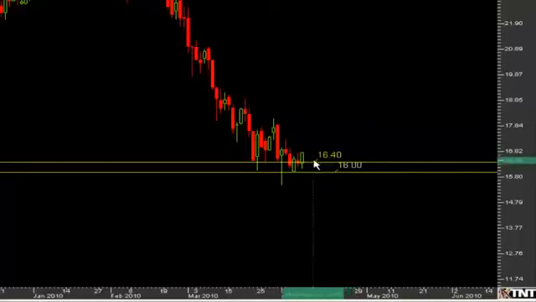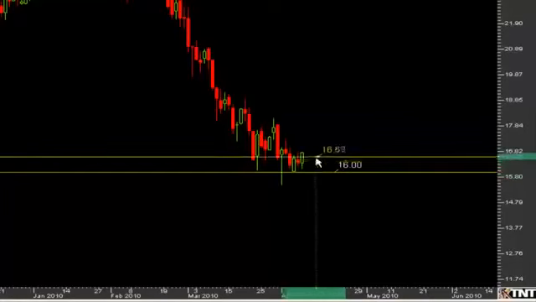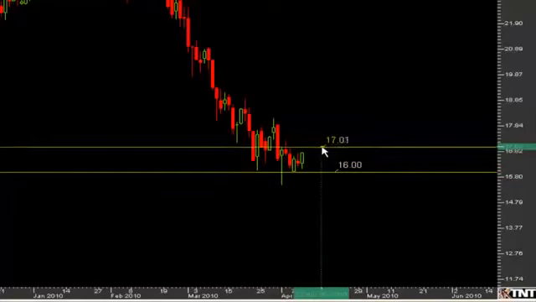Now the upshot to prediction mode and using limit orders is, as you can see, our risk is a lot smaller. Here we're only risking 40 cents, whereas if we're trading, looking to enter at 1701, we're risking well over 100. Well, not well over, but just over 100 to get into this trade. So that makes a big difference because our risk is considerably more